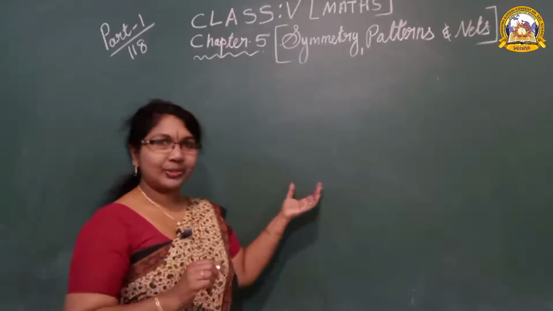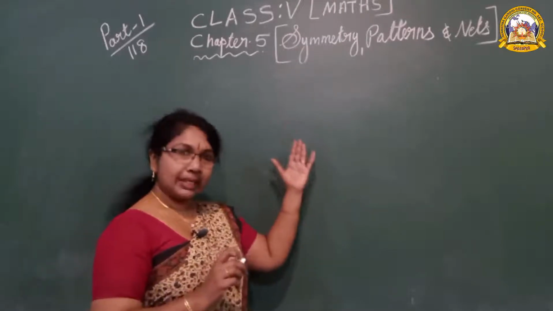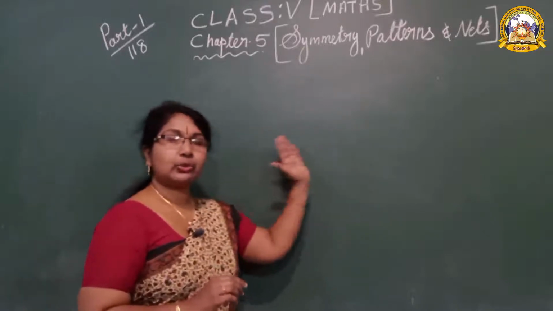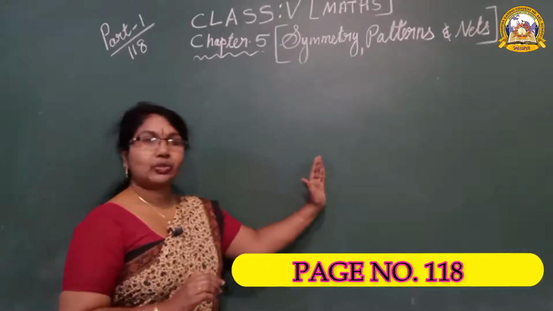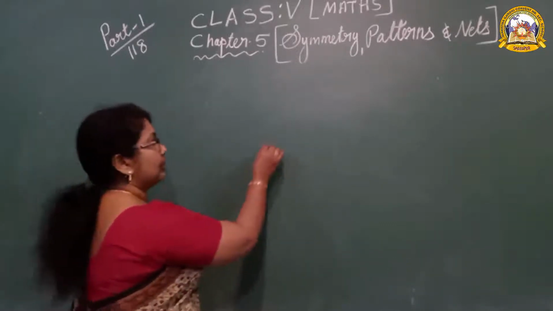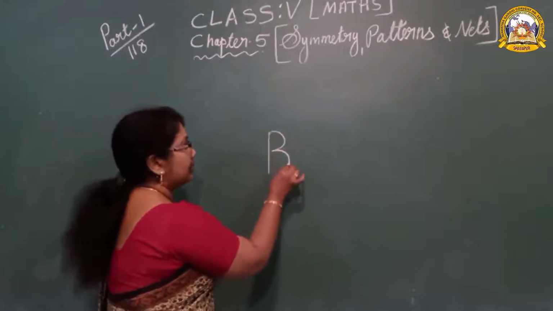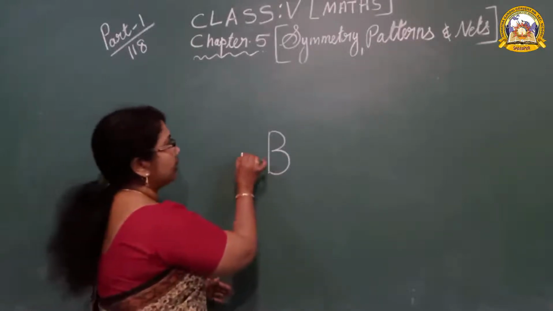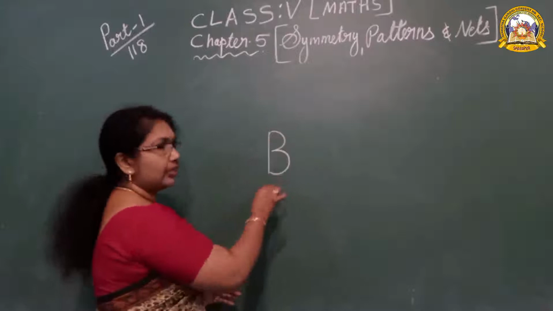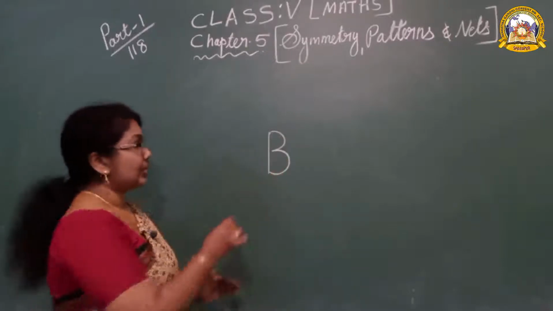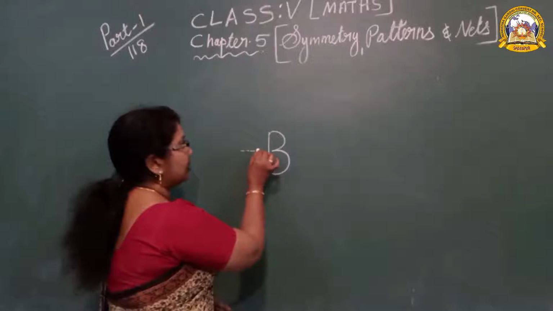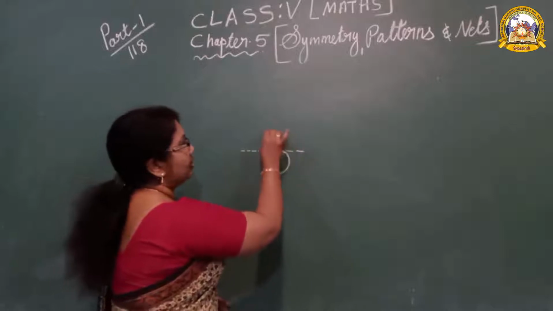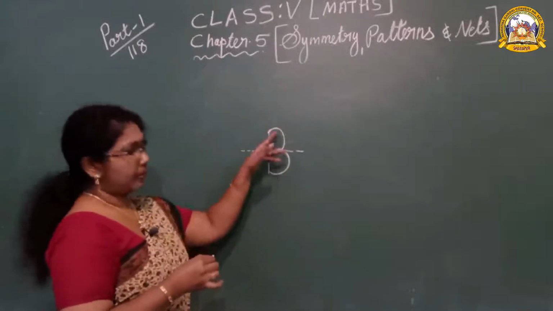I think in 4th class also we studied about symmetry, no? Symmetry means any figure or shape divided into two equal parts. It is called symmetry. For example, look, this is the capital letter B. Can you divide like that? No, we cannot divide like that. So we can divide the symmetry like that in both ways. Teacher made it a little small. So now look here, equal parts.